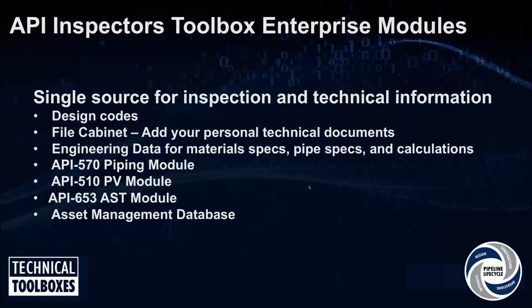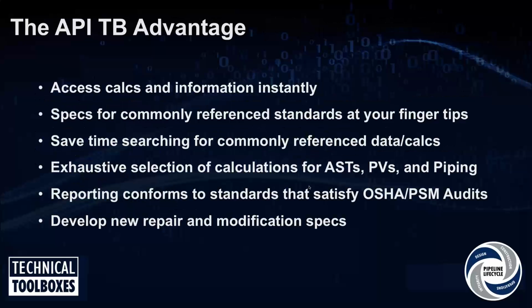All right, can you advance to the next slide? Okay, the API Toolbox Advantage. Access calcs and information instantly. Without it, you're going to have to go, like I said before, to your hard copy library or your electronic library, but here you have it right at the touch of a button. Specs for commonly referenced standards at your fingertips. Saves time searching for commonly referenced data and calcs. And you have an exhaustive selection of calculations for all of your modules: the ASTs, the pressure vessels, the piping,